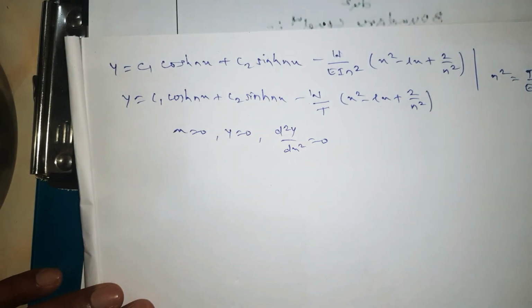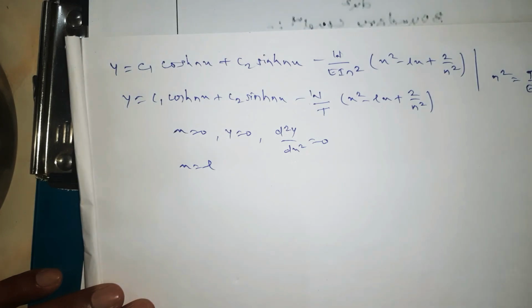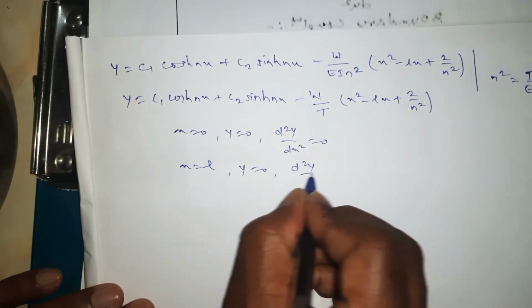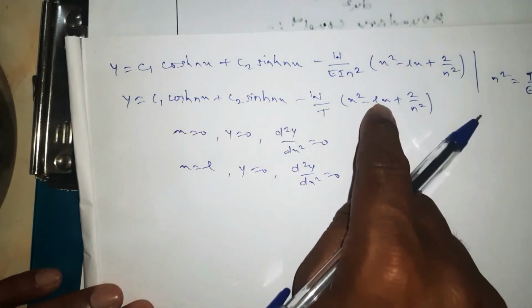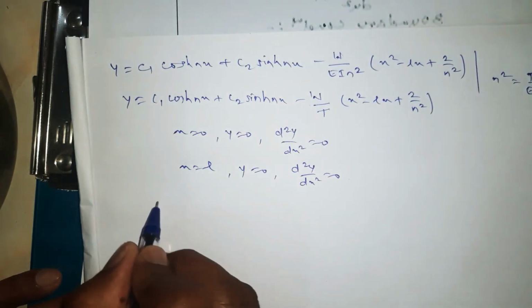At the other end also, at x is equal to L, again it is a free end, so I get y equal to 0 and d2y by dx square is equal to 0. So y is there, you can substitute here the value, then find two derivatives of this y. So here